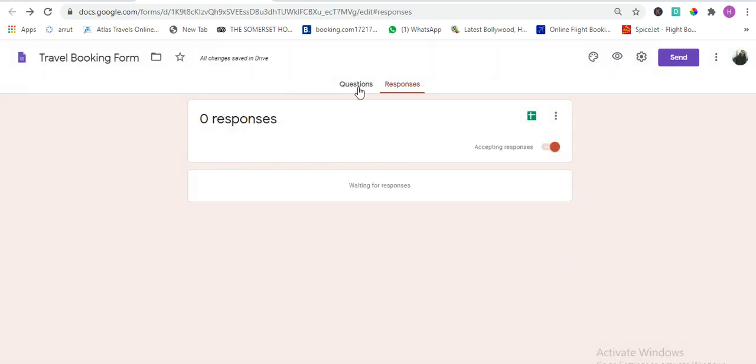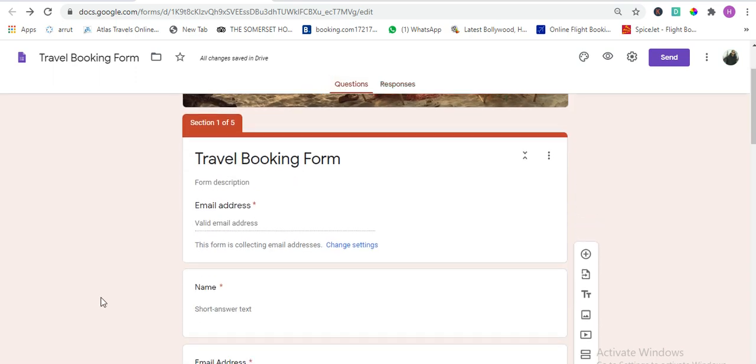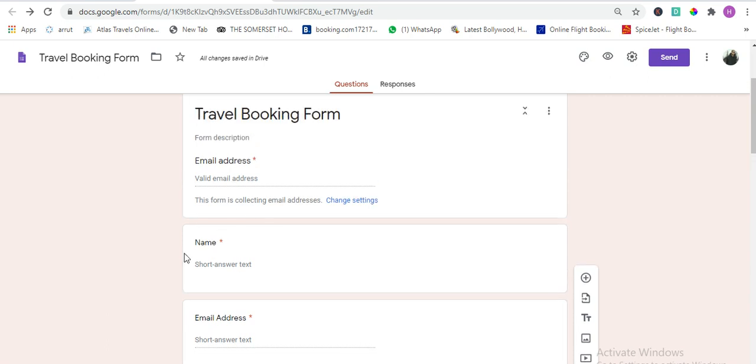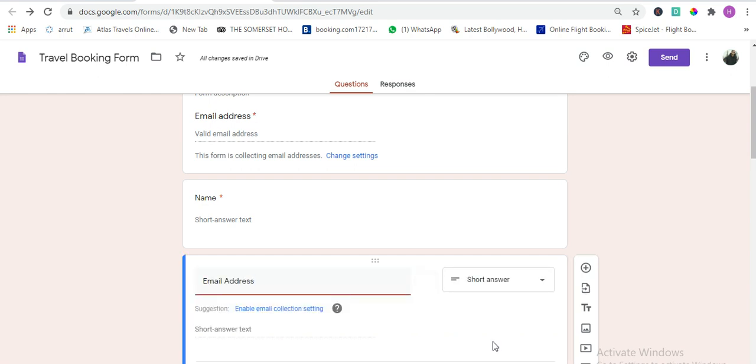But now what will happen is once I come down again to this question section, you will see that there are two email address tabs over here, email address and again email address. Now what is happening is, once I have clicked on that the customer should get the details of the form, Google Forms is by default going to collect their email address for this form. Otherwise how will Google Forms send them an email? So since I have already kept that option on, I'm going to remove this question from my form. This question, I'm going to remove it.